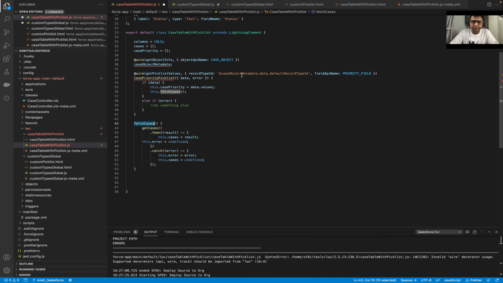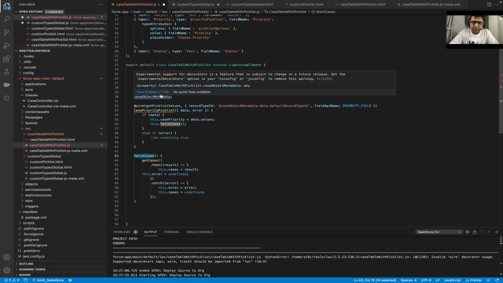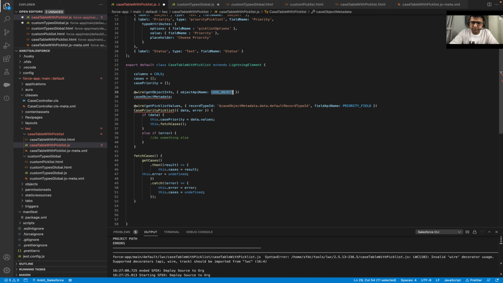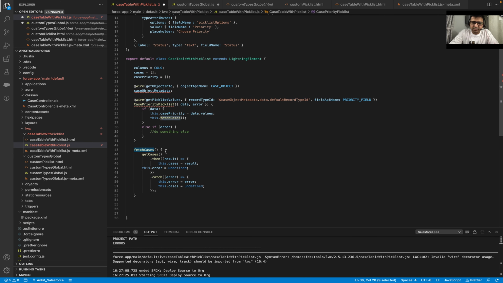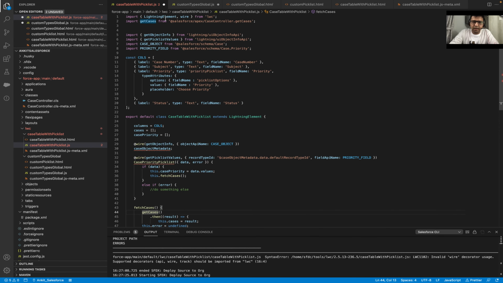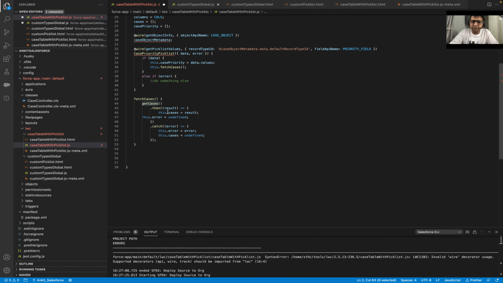Let me summarize. First, we are getting the case object information. Once we have that, we are getting the picklist values from the case object for the priority field. Once we have the priority field values, we are calling the fetch cases method. The fetch cases method will call our get cases Apex method, which will retrieve all the cases from the SOQL. Once we get the result, I'm assigning this to the cases, but here I need to define the